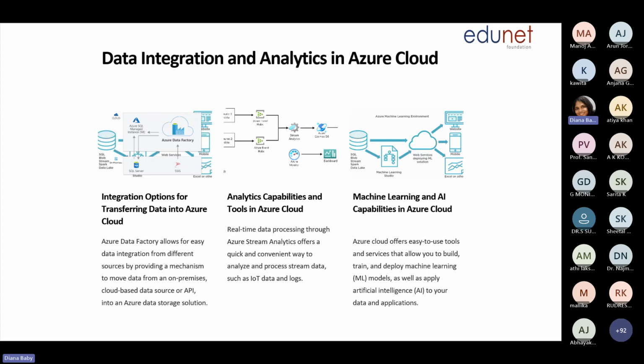Then machine learning, we can do with the data available in the data storage. We can do some machine learning based predictions. So tomorrow, after the Azure Data Factory, we are going to deal with the ML part, how to do ML prediction using Azure cloud. Azure capabilities: as you apply artificial intelligence to your data and applications, you can predict something. I will showcase tomorrow how to predict something using ML on the Azure cloud. So this is all about the